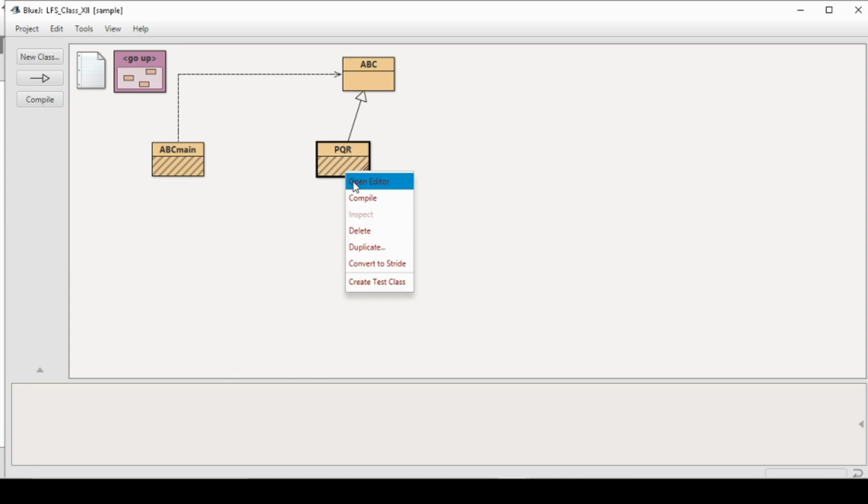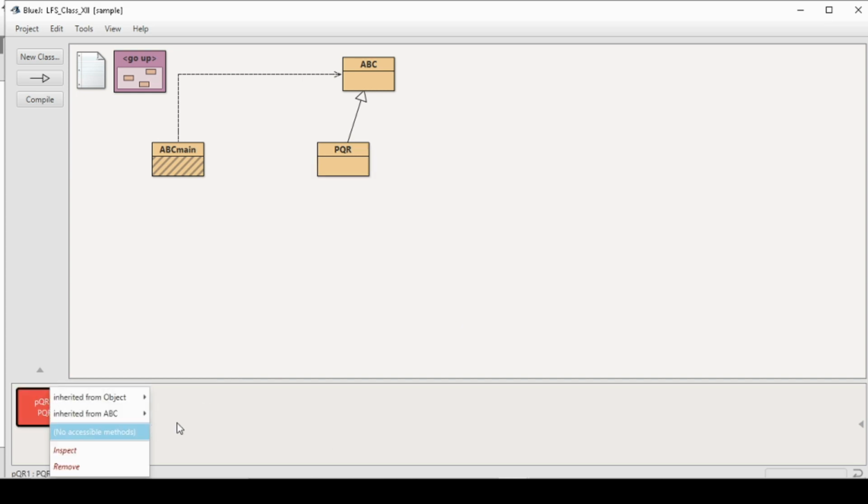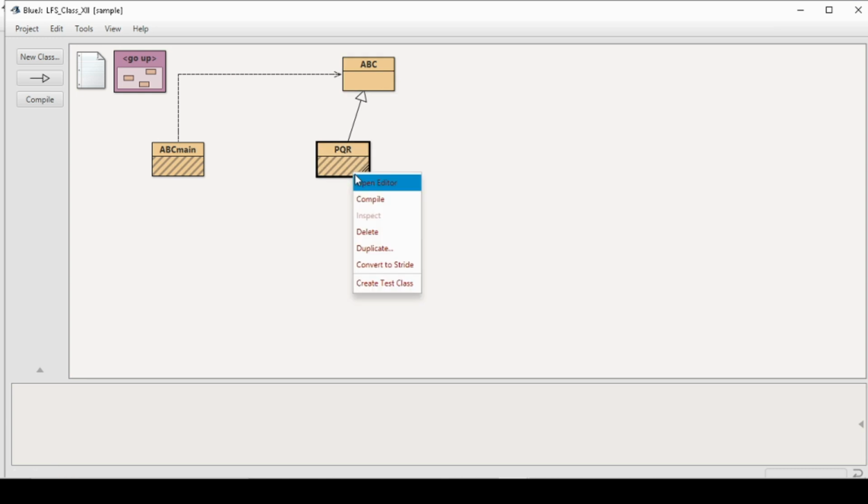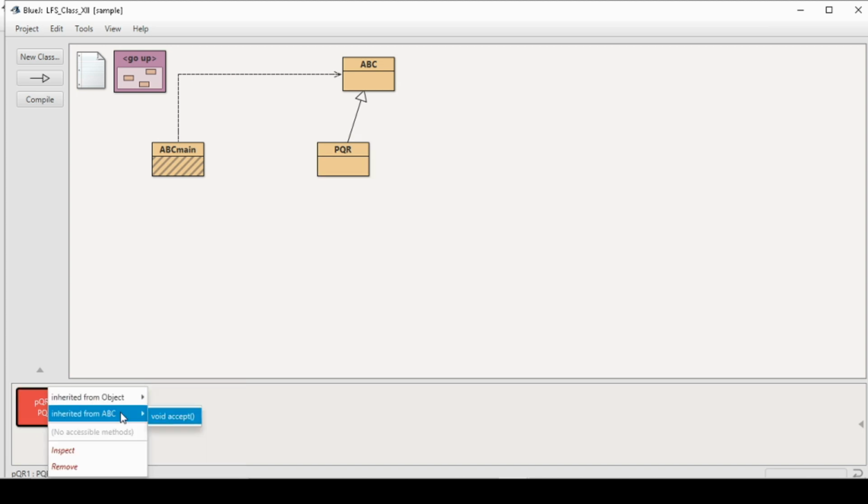So compile. Now let's create an object of it and let's see. So except is inherited. So if it is protected, it's inherited. If it is public, it's inherited. Let's check for default. Okay, compile. Now let's create an object of the class and let's see inherited from ABC, except is inherited.